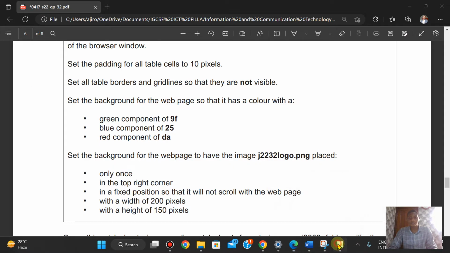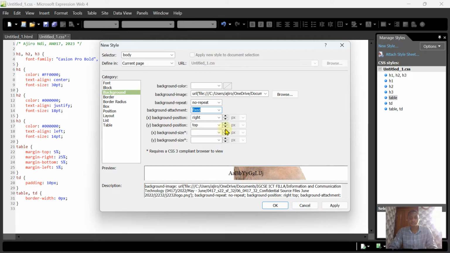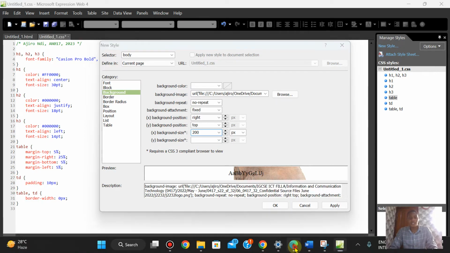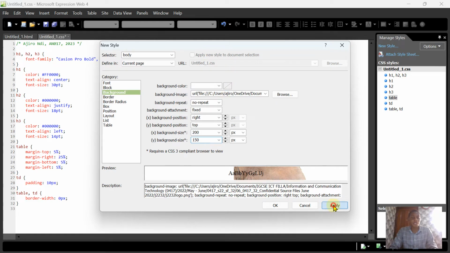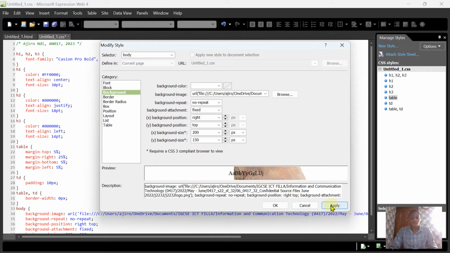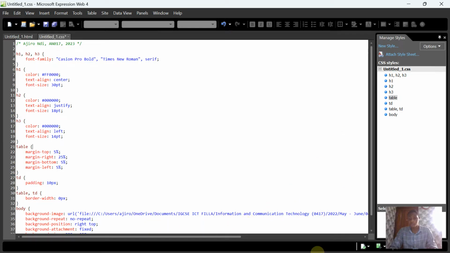200. Okay, 200 pixels, and the height is going to be 150. So invariably we are working with all this in the background. So we're going to apply, but now this is actually not what I want. This is because we have not saved it, so we're going to work on it. It's way too long for it. All right,